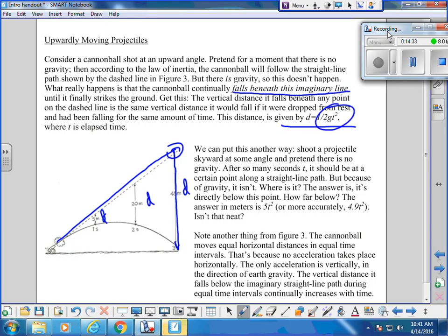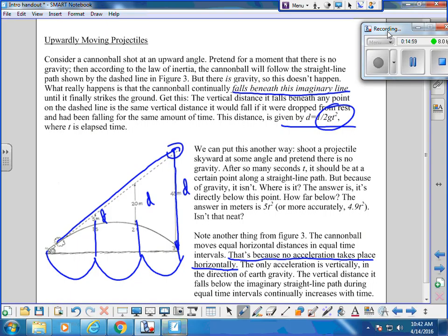Note another thing from figure 3. The cannonball moves equal horizontal distances in equal time. This distance here, there's 1 second, 2 seconds, 3 seconds. Same distance, same speed horizontally. That's because no acceleration takes place horizontally. That is key. The only acceleration is